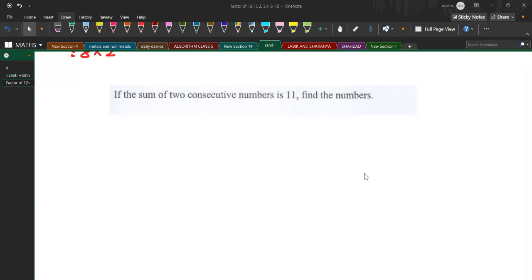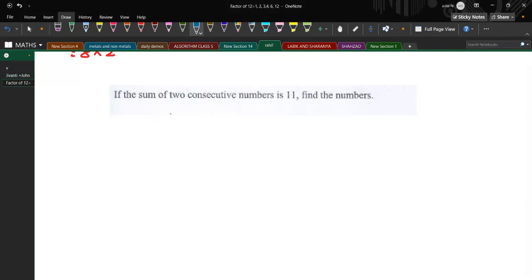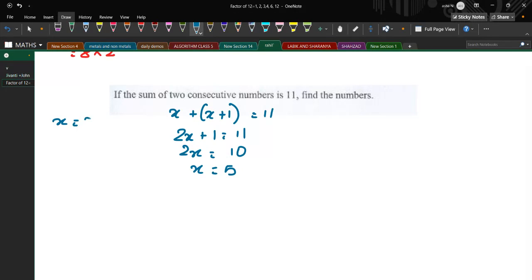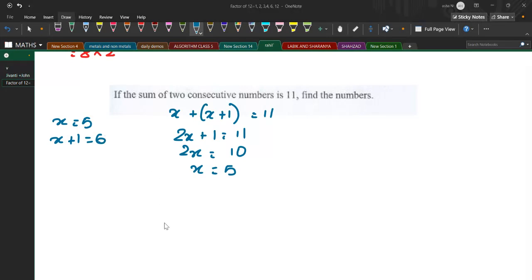So let the first number be x, the second number will be one forward of it, that is x plus 1, which is giving you 11. So simple calculation we can do now, 2x plus 1 is equal to 11. So 2x is equal to 10, bringing the 1 to the other hand side, it will become minus 1. So x is equal to 5. When the first number x is 5, the second number which is just ahead of it, 1 ahead of it, because it is a consecutive number, is 6. Simple. 2 marks got here. No option with this. This is an easy question.